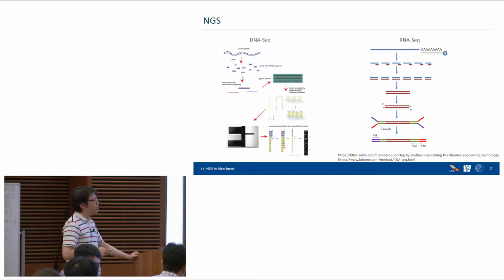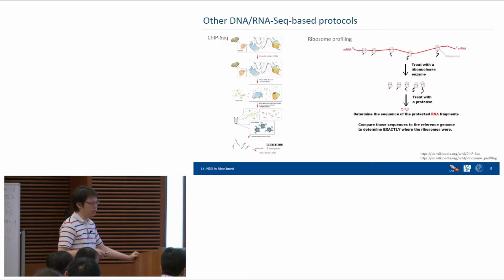And then the other class is RNA sequencing. Basically, RNA has a poly-A tail, so we can use poly-T to pull down all this RNA, and we also fragment it into very small pieces, then attach a primer, and then we do reverse transcription, and we can get one strand of cDNA. And do the other side, then we can get a complete cDNA. So we also attach maybe barcodes or adapters, then we can follow the same procedures as DNA sequencing, then we